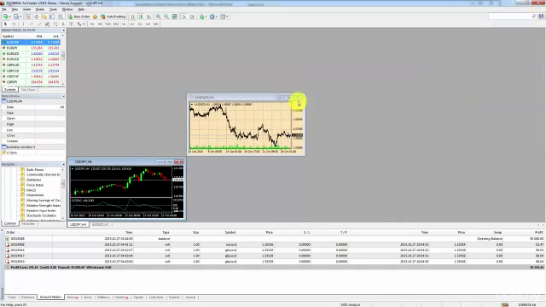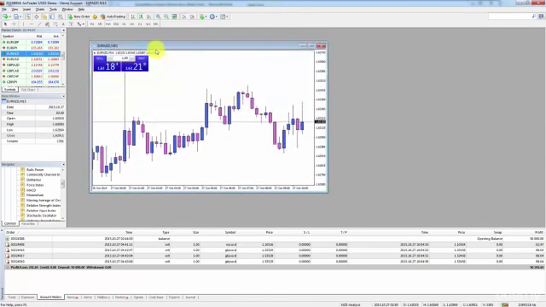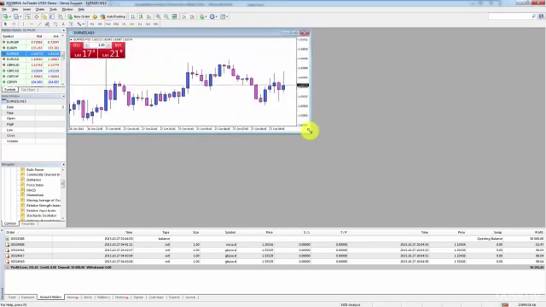And we're going to open up some other charts. So let's go ahead and do that. Let's say we want to look at the Euro New Zealand dollar. And by the way, as you can see, the charts are being opened in our template that we've set as